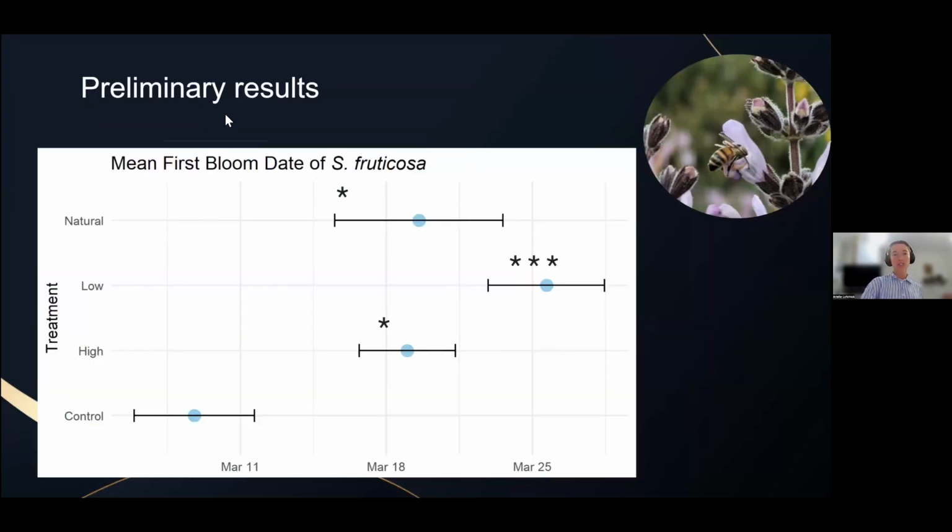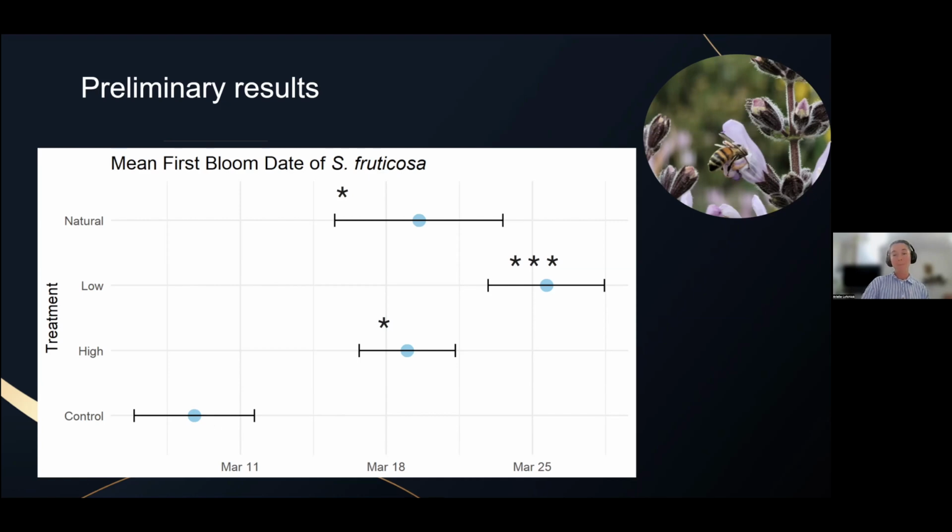Here we see the mean first bloom date of the Salvia fruticosa. So we have the treatments on the y-axis and the date on the x-axis, and you can see that the control treatment is blooming significantly earlier than all three treatments, the natural, the low, and the high. And it's very significantly different in the low treatment, which is a 66% reduction in rainfall and only 3 irrigation